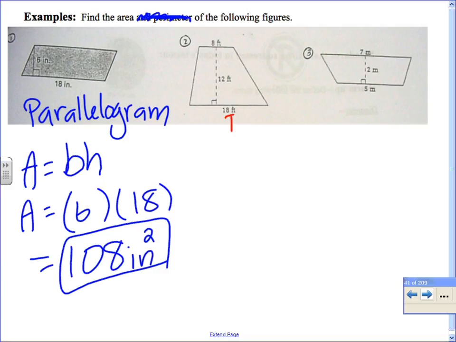2 is a trapezoid, okay? So area is equal to 1/2, or you can divide by 2. It's up to you. I just like the whole multiply by half better. Base 1,